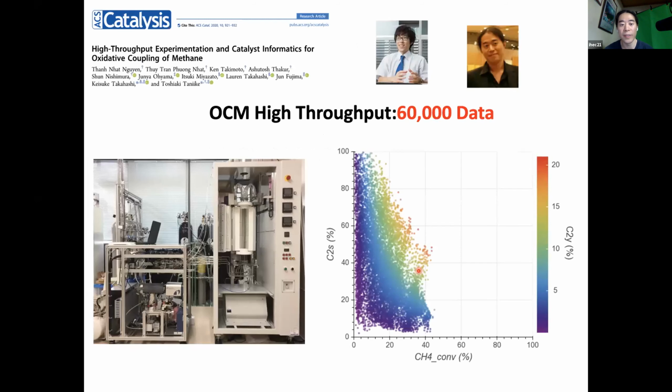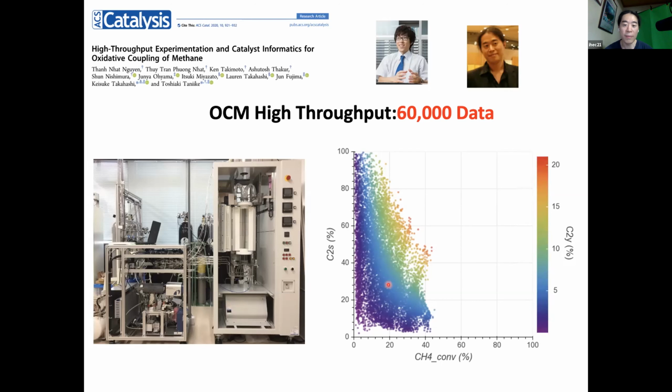So we developed devices called high throughput experimental devices, and this is how the machine looks. We mix CH4 and O2 gas and test 20 catalysts at the same time. Within one day, we can carry out roughly 1,000 experiments. In the past 30 years, only about 2,000 catalysts were tested, but in just one day we can present 1,000 experiments. In total, we carried out 60,000 experiments in just 3 months.